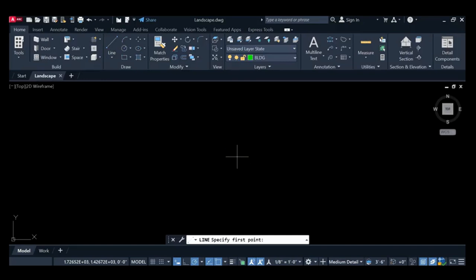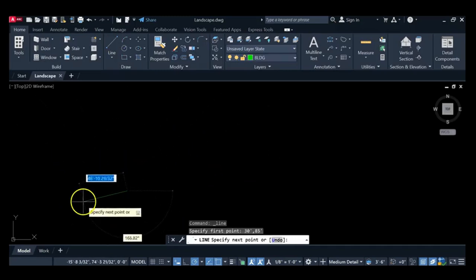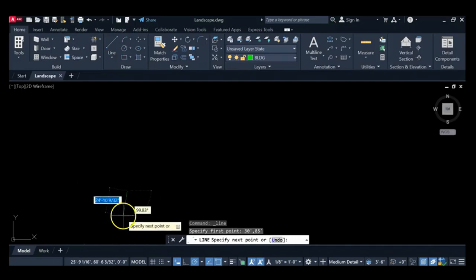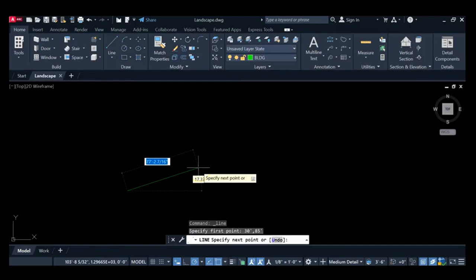Instead of single left clicking on the screen somewhere, we are going to simply start typing the coordinates 30 and the foot symbol, comma, 85 feet. Select enter. Currently, you can see that from the 0,0, it went over in X 30 feet and up in Y 85 feet. If we type in the X, Y of 0, 0 and select enter,